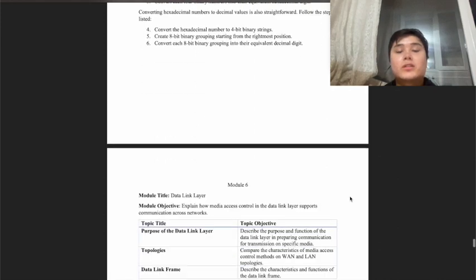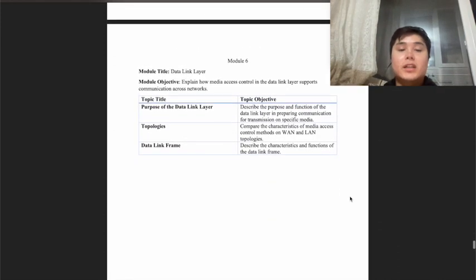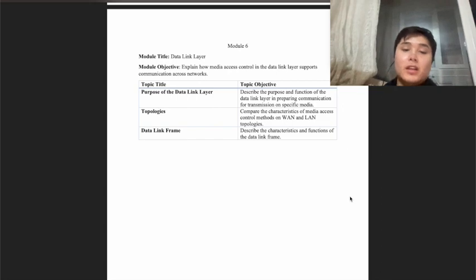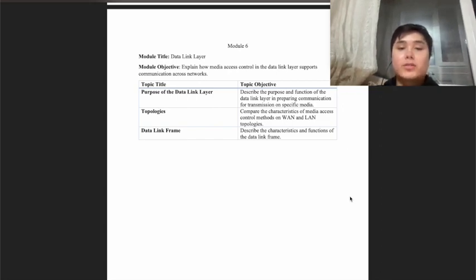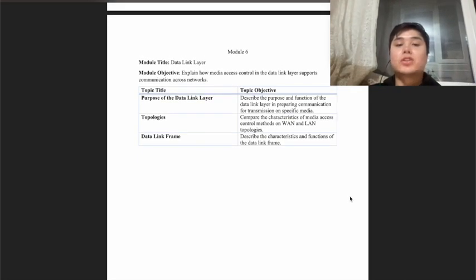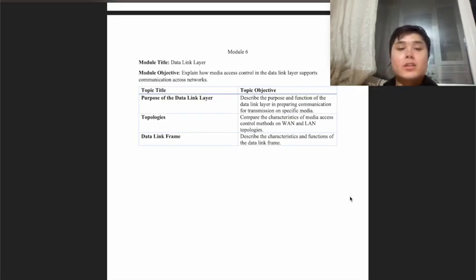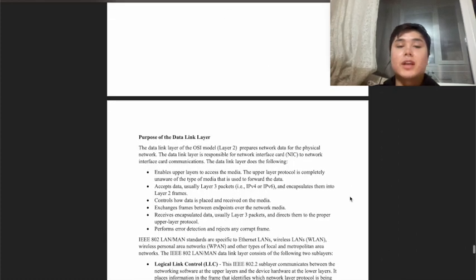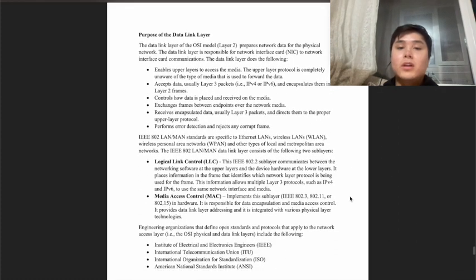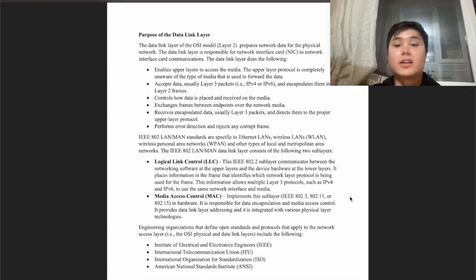So now we're gonna go to module 6, data link layer, and the objective of this module is to explain how media access control in the data link layer supports communication across networks. So the data link layer of the OSI model, layer 2, prepares network data for a physical network. The data link layer is responsible for network interface card to network interface card communications, and the data link layer does many things,